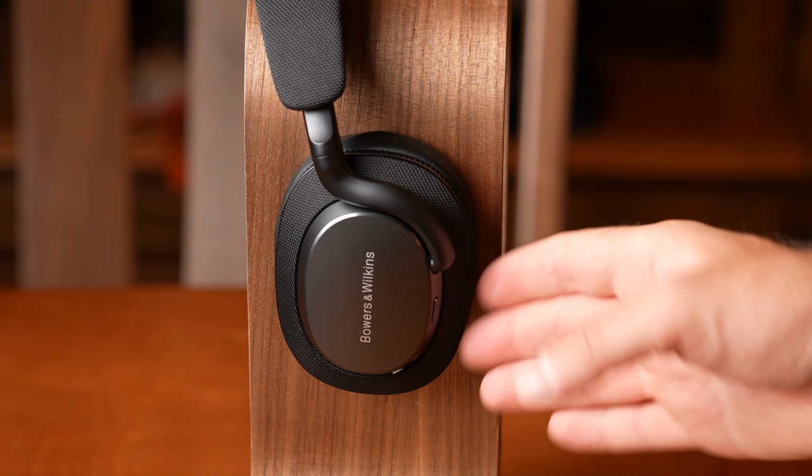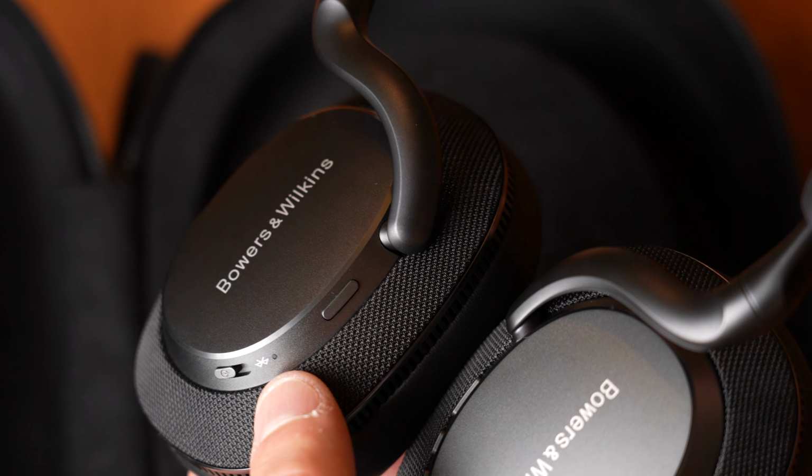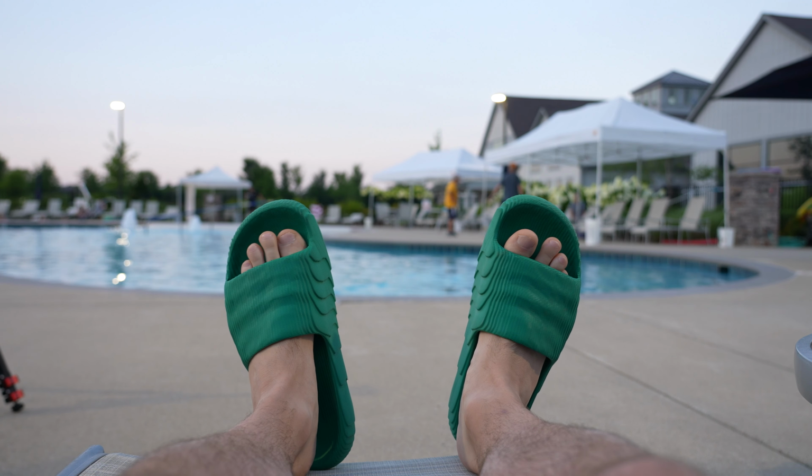Now you might be thinking these are just another pair of headphones, and well, you're not wrong. They are just another pair of headphones, but they're Bowers & Wilkins. I like the fabric-y material on them and the actual metal on the outside here. It feels really nice. I was hoping somebody might give me a compliment at the pool, but nobody seemed to